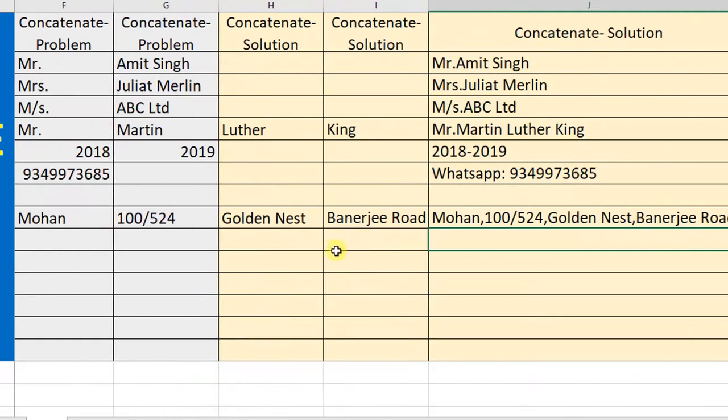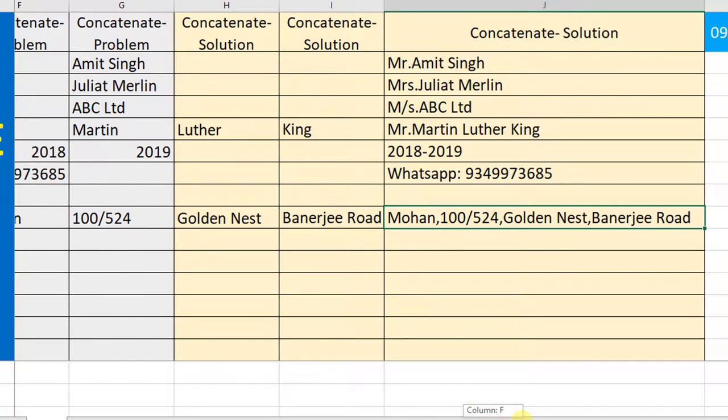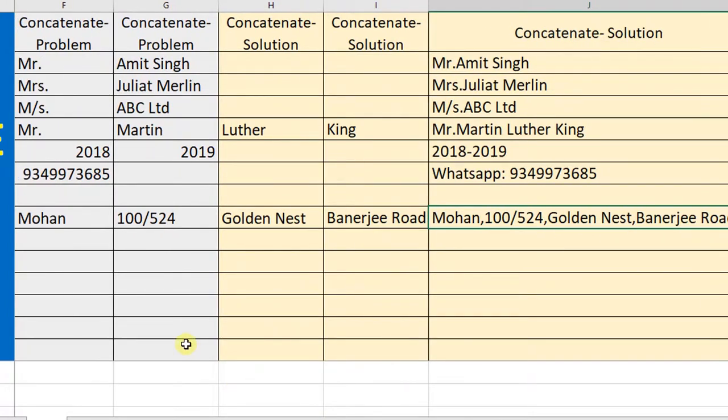Sometimes when we are exporting data from any software, the address of the parties may be like this only: each text will be in each column. So how can we use it? If we want it in this way, we can use the CONCATENATE function for joining the words, joining the text. So we can get it like here. This is a usage of the CONCATENATE function. This is very useful in our day-to-day work for text joining, a text in any manner. That is the beauty.